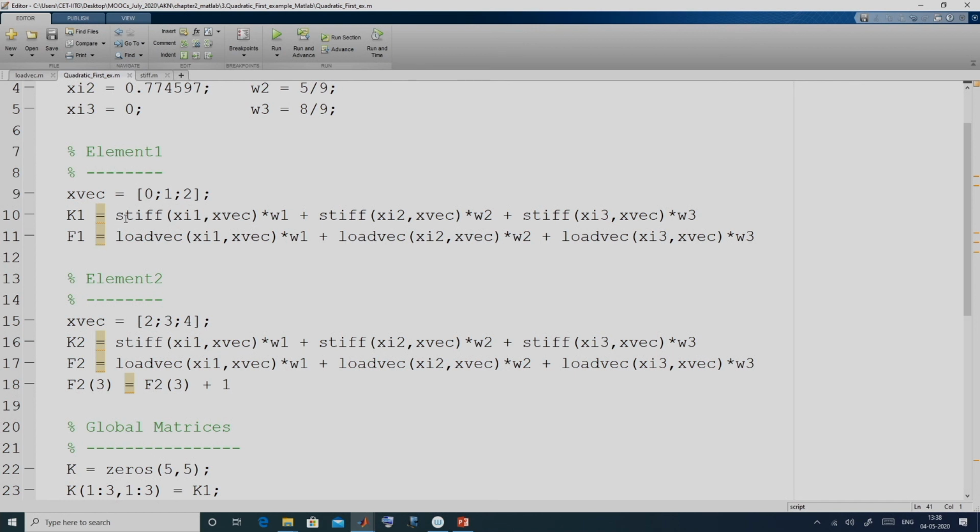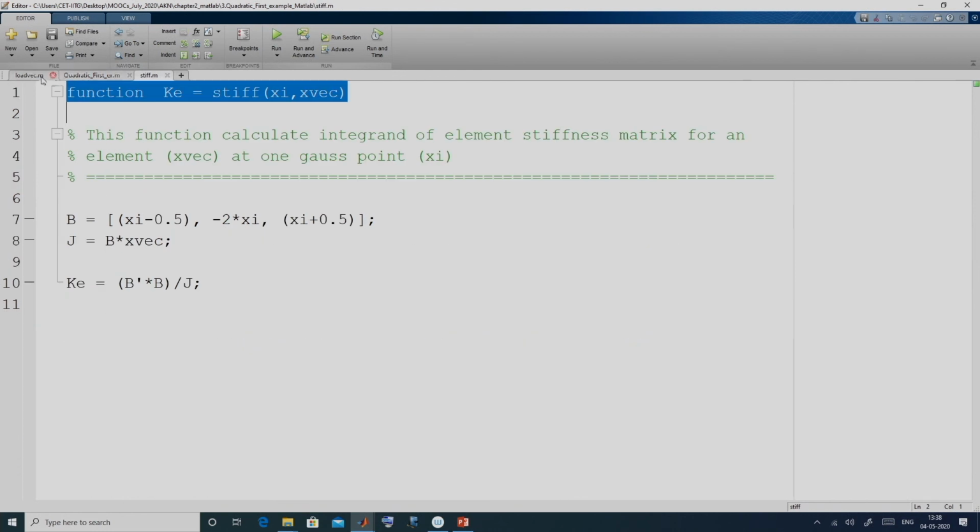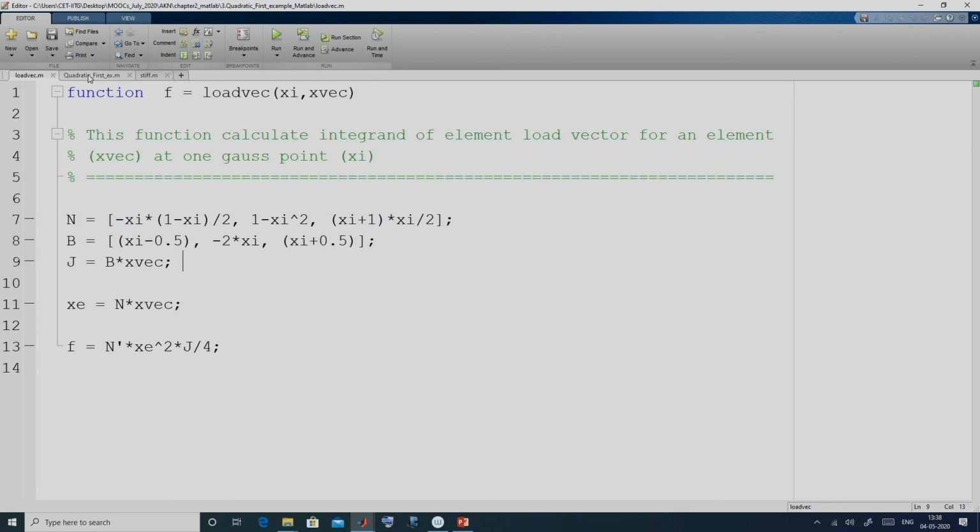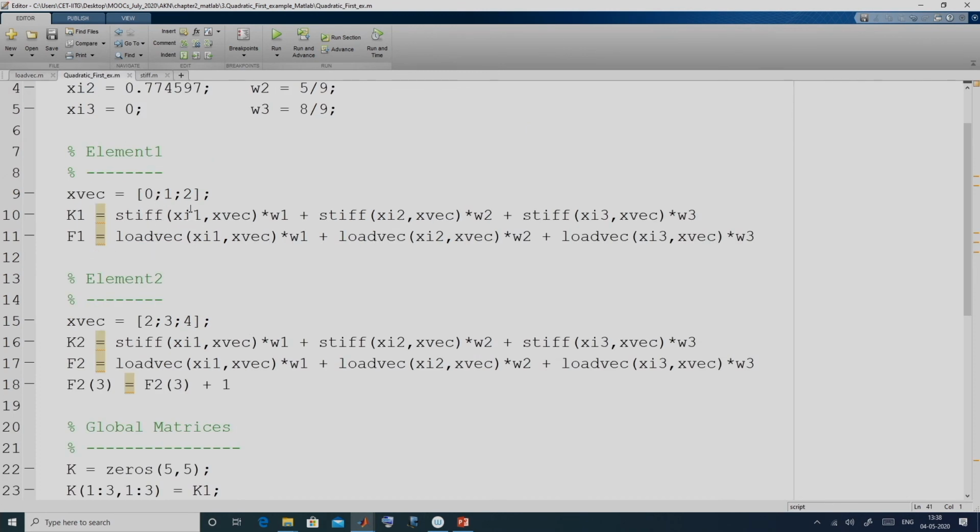In both cases we have used the Gaussian quadrature rule, and we have used two functions, stiff and load vec, for both the elements at every Gauss point.